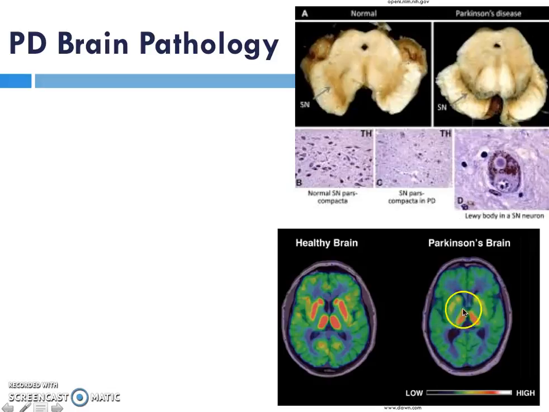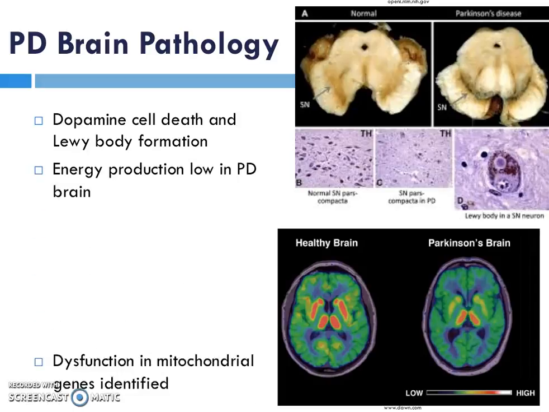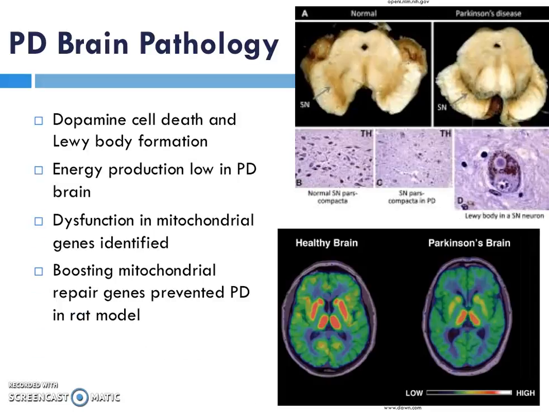Now, if you know about the brain, you'll know that these are the regions of, and it's hard to see here because this is a transverse or a horizontal section, and we didn't really look at a lot of horizontal sections. But this is actually that region that contains these dopaminergic cell bodies, okay? And so we have a loss of energy utilization in this region because these cell bodies have actually died away. All right, so the energy production is low. We also have some mitochondrial genes that have been identified as being